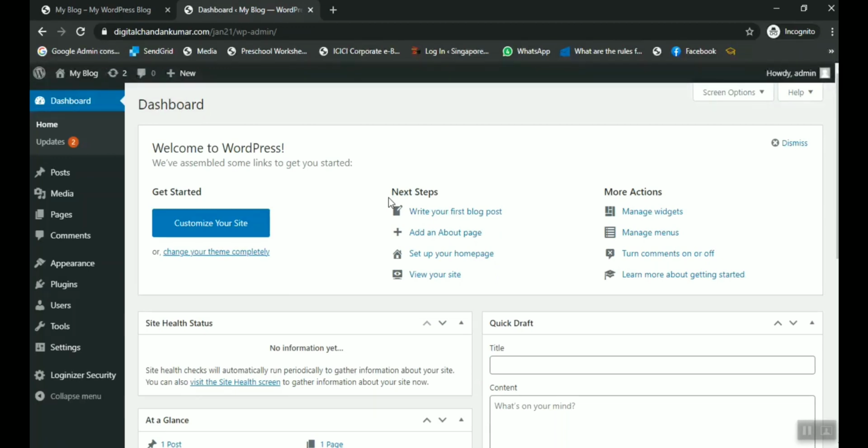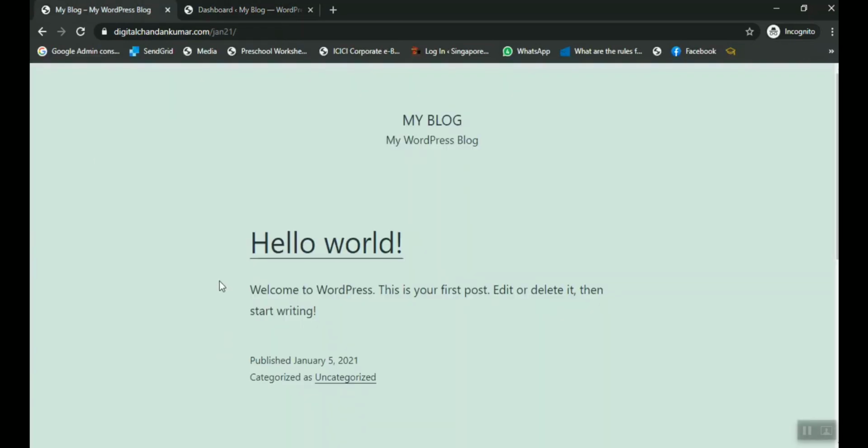So what will be our first step? Whenever we want to create a website, we should first choose a design. Design has to be chosen first. What design are we going to implement here? I will simply use a simple theme, or I can use a paid theme. It depends on you what type of theme you are going to purchase or use. So we will see some paid themes here.